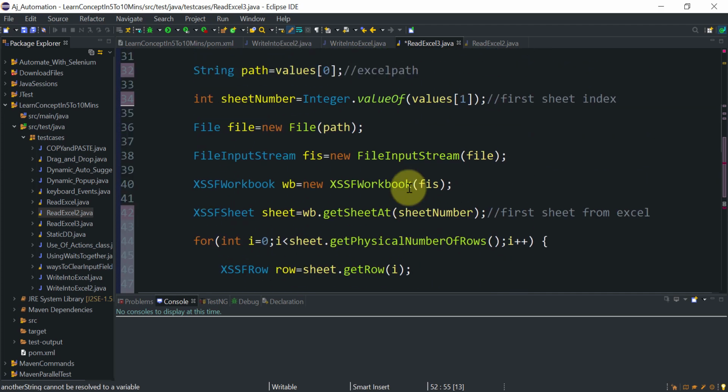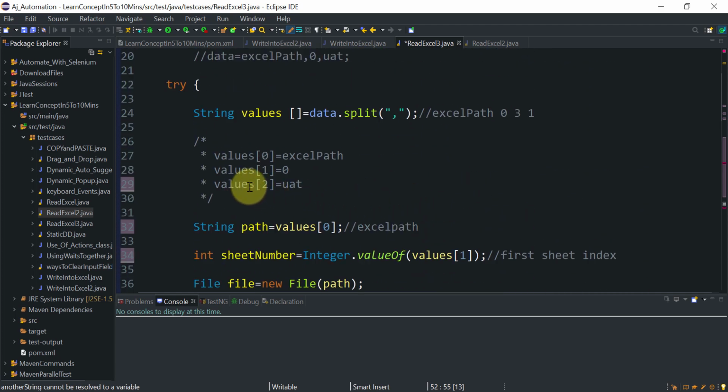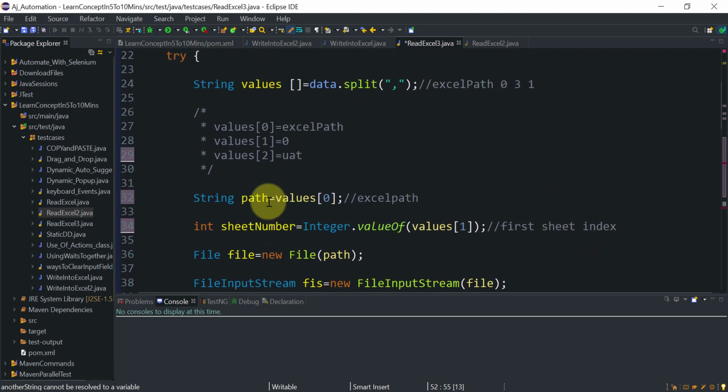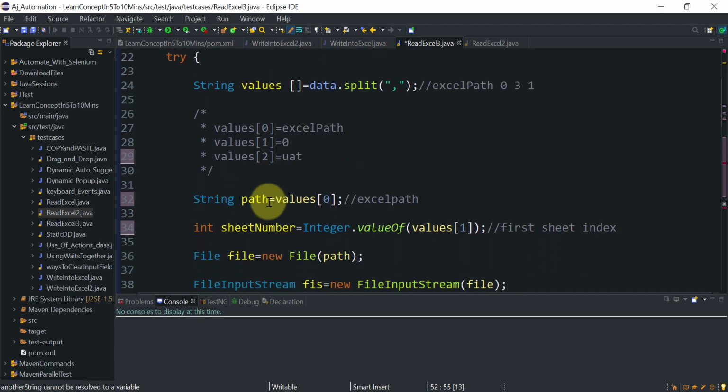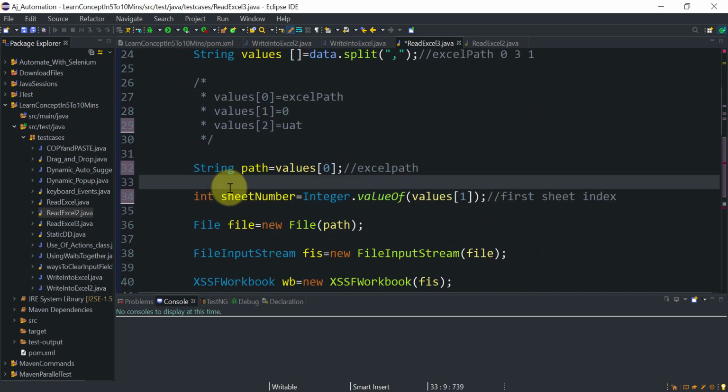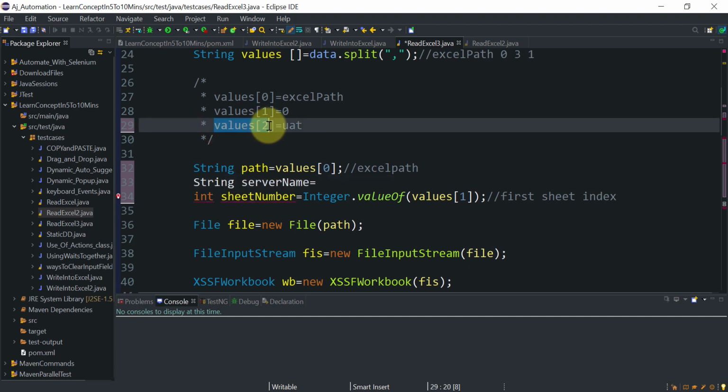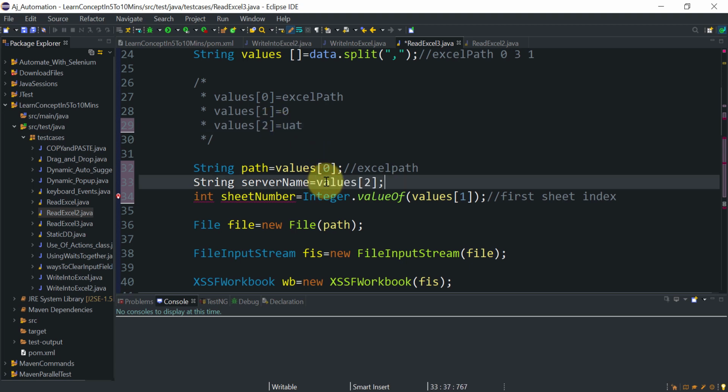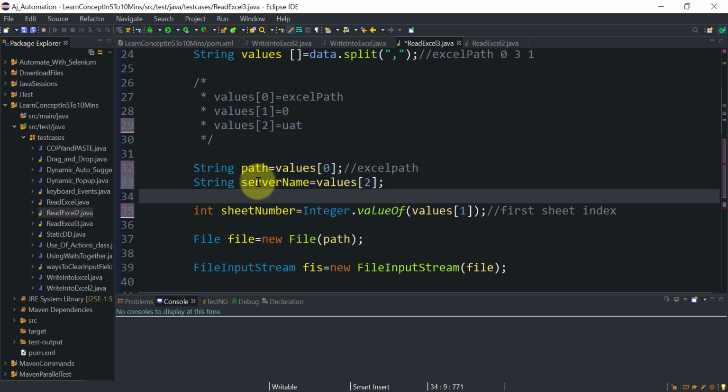The server name we got is available at the second position of the values array, so you can store it here. Let's say String serverName equal to whatever value is available at the second index in the array. So this is my server name.